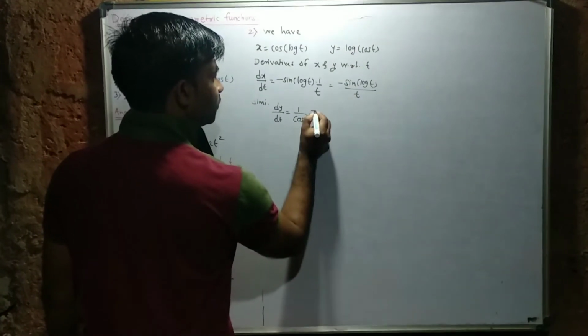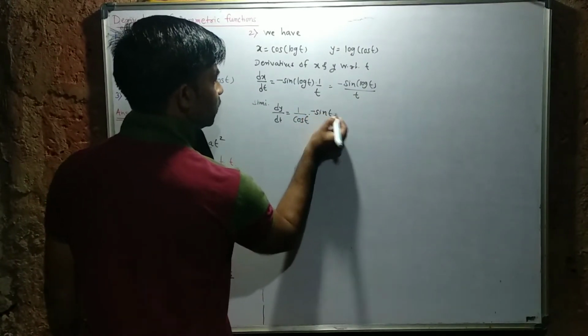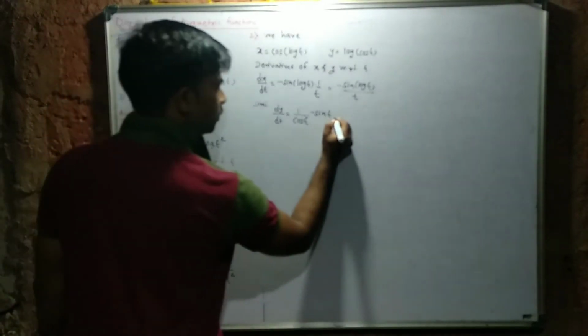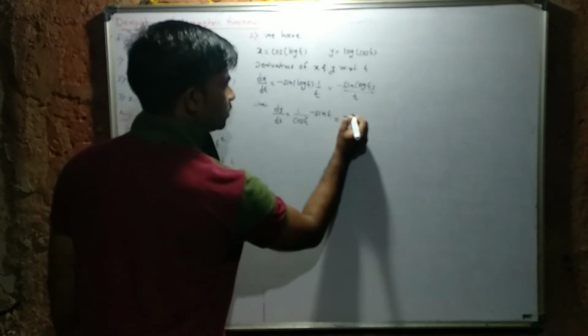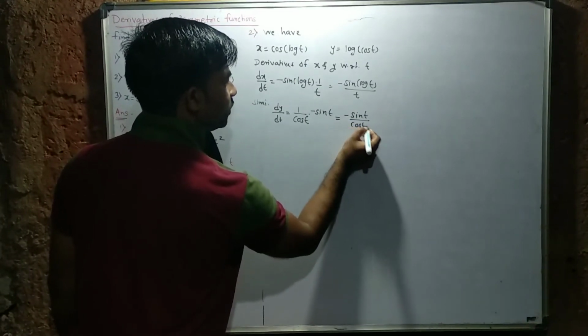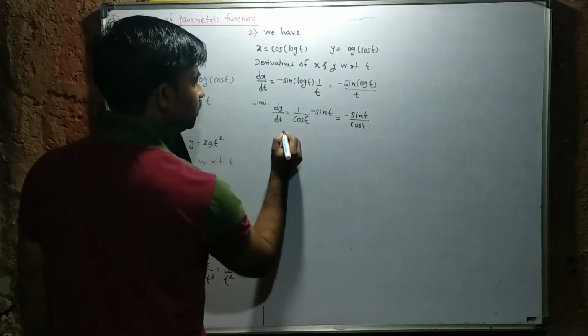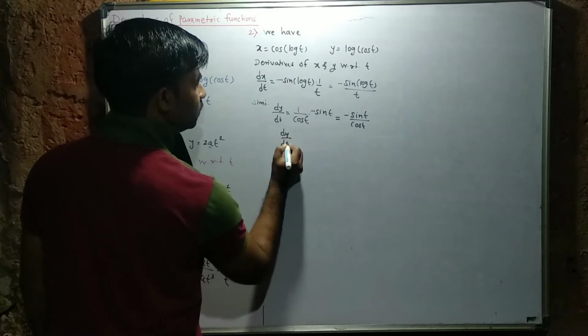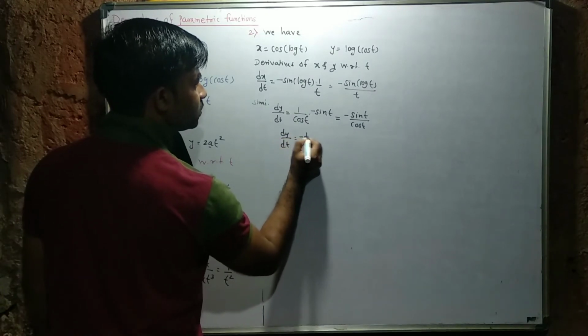Derivative of cos t is nothing but minus sine t, and therefore we will get the final result as minus sine t divided by cos t, and that is nothing but dy by dt. It is equal to minus tan t,